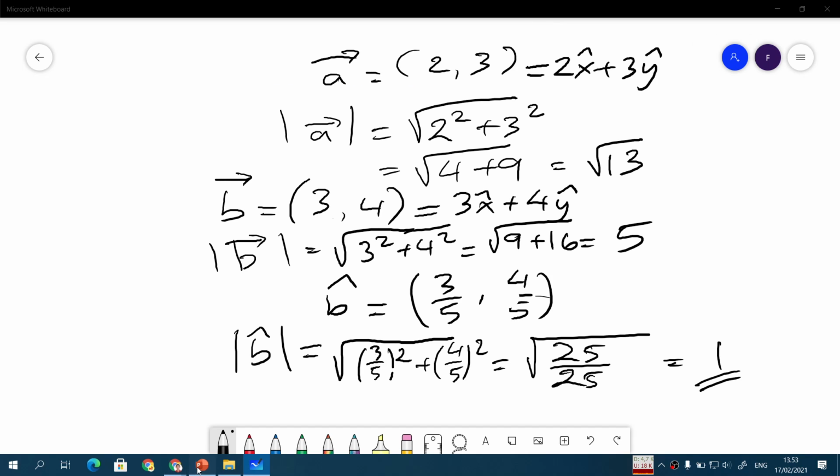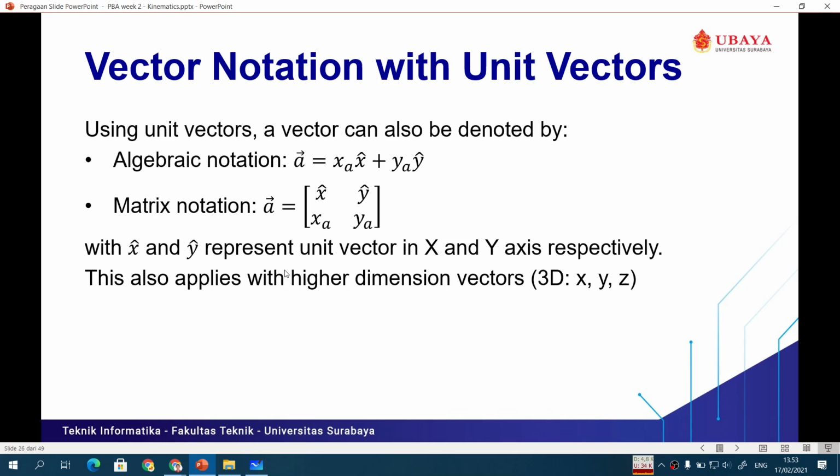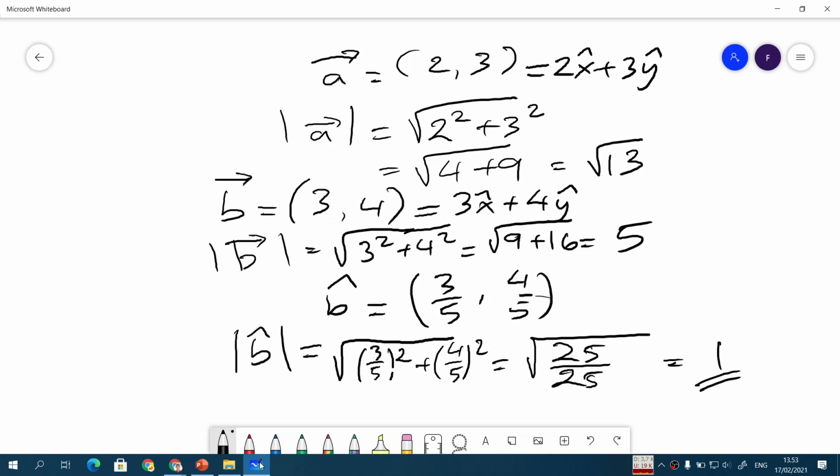The other notation is the matrix notation. Something like this. A equals to x hat, y hat, and the components of the factor are in the bottom row, xa and ya. So I can also write this a factor. I will write it here because I don't have enough space at the right. I can also write it in matrix notation as